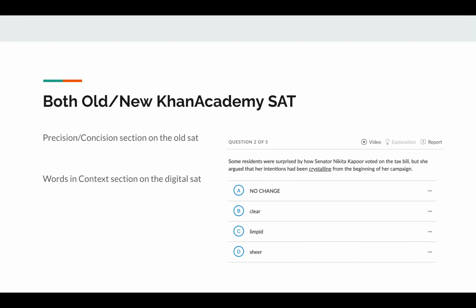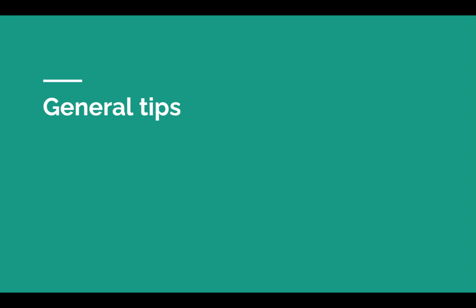And then use both the old and new Khan Academy. So Khan Academy has practice for the old SAT and for the digital SAT, and I advise you to use both of them. If you're going to use the old Khan Academy SAT, then scroll to the precision and concision section in the grammar section of the old SAT, and you will have questions like the one I put in the presentation. But if you're going to use the digital SAT Khan Academy, then go to the words in context section and apply the tips that I mentioned. If you apply the tips a lot, you will be able to do it quickly on your own